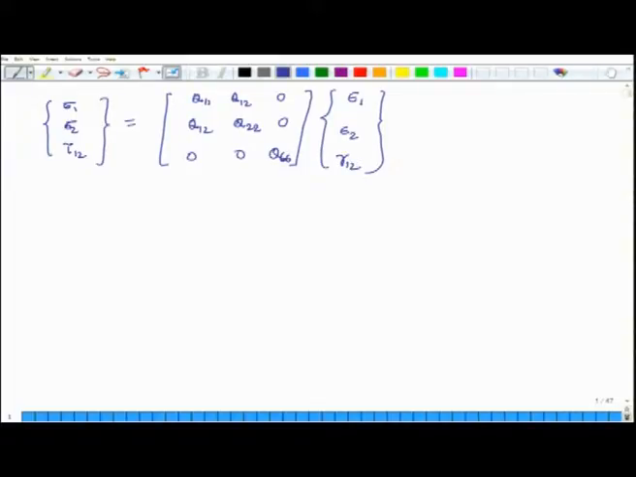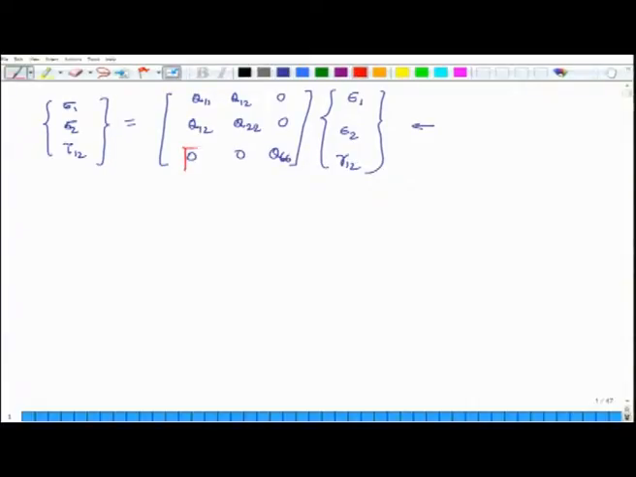So, these are 4 independent elastic constants, and it should be noted that when there is a specially orthotropic lamina under plane stress, a thin orthotropic lamina, then if I have a shear strain, it will not generate any extensional stresses, and if I have extensional strains, they are not coupled to shear stress. So, extensional strains are not coupled to shear stress, and shear strain is not coupled to extensional stress, because